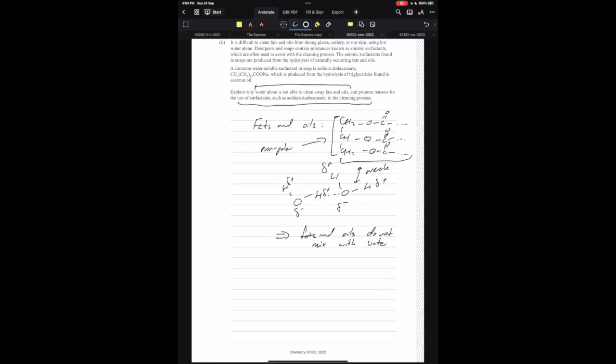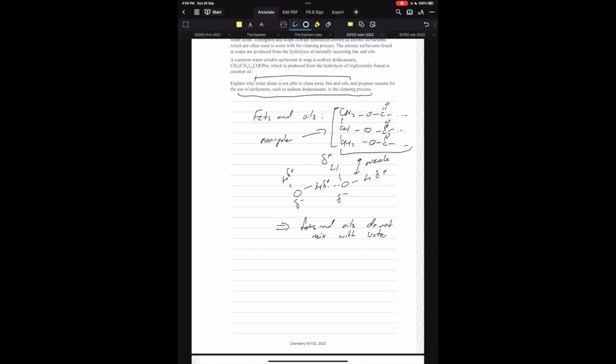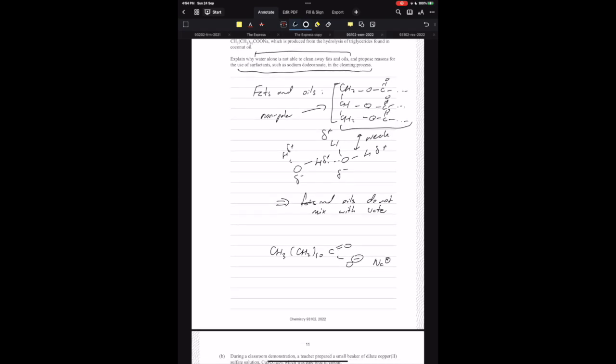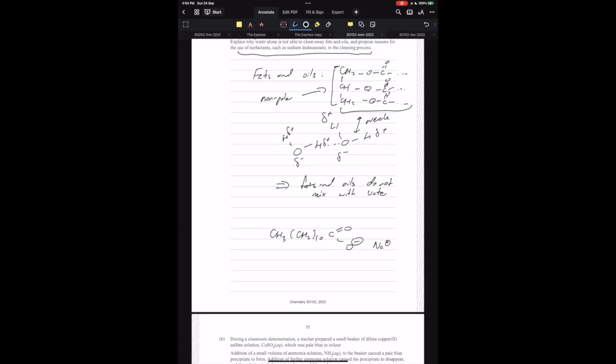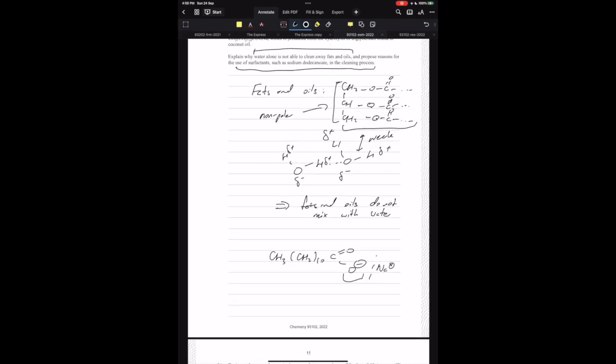The surfactant in this case is sodium dodecanoate, so it would be CH3, CH2, and then 10 times, and then C, and that is a carboxylate ion with an Na plus. What's useful about this is specifically its ionic charge. So usually we can ignore the sodium, but it's this ionic charge here that we're concerned with. And also